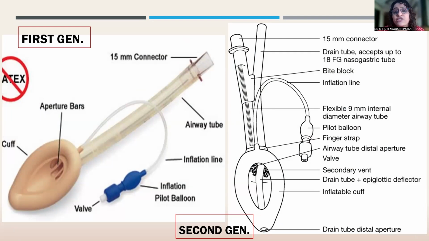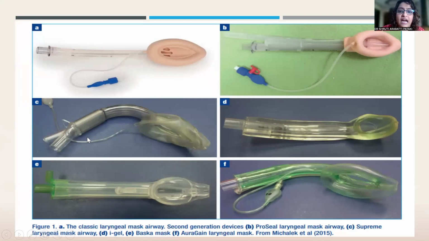With the second generation LMAs, you get somewhere between 20 to 25 millimeters of mercury seal pressures with better cuff designs. This further improved the seal over the laryngeal inlet, separating the larynx from the esophagus, therefore further reducing the risk of aspiration. Plus, you had the nasogastric port, which opened into the tip of the laryngeal mask, and you could aspirate the stomach contents. So even if you did not know the NBM status, say in emergency surgeries, or as a rescue measure, you could actually put in the nasogastric tube, suction out the stomach contents, and further reduce the risk of aspiration. Plus, what they went ahead and did, eventually with the LMA Supreme, was they had this bite block here.